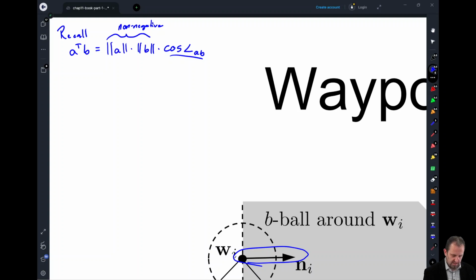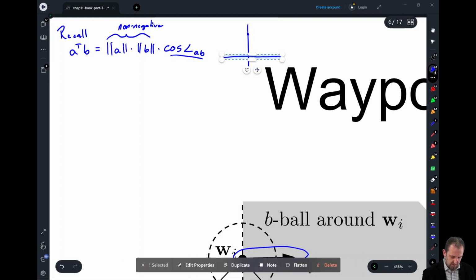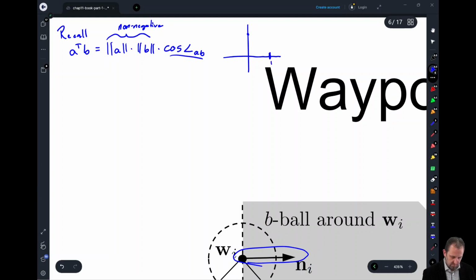But if we take a look at that, if we plot up what the cosine is doing between negative pi halves and